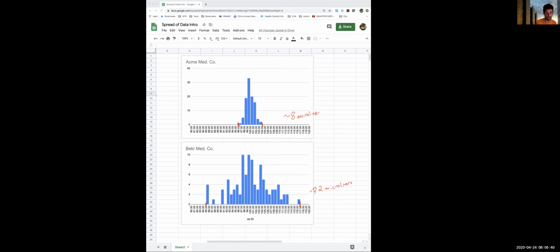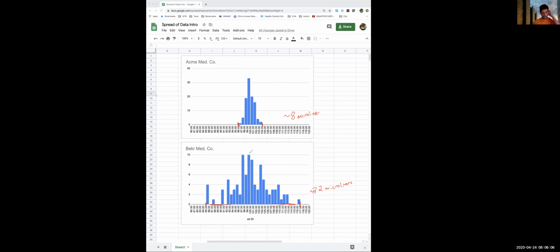Right, so there's much more spread, right? And this is also why we have this higher scale on the vertical axis for ACME, because all of that data that is spread out on the sides over here, we can kind of think, has been pulled in and stacked on top, right? So this is a much taller histogram, right? This one goes up to about 33, it looks like, eyeballing it, whereas the highest ones here are